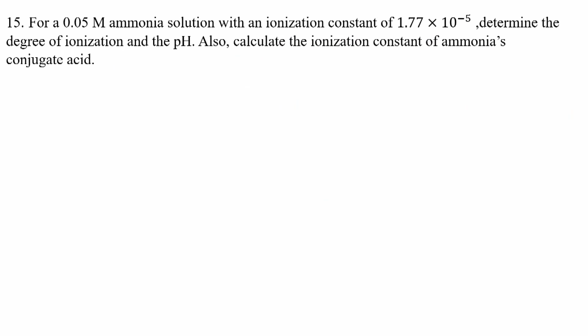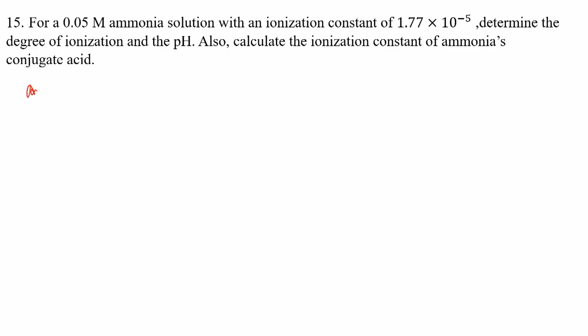Next we discuss problem number 15. It says for a 0.05 molar ammonia solution with an ionization constant of 1.77 times 10 to the minus 5, determine the degree of ionization and the pH. Also calculate the ionization constant of ammonia's conjugate acid. This is new here. Okay, so we start with